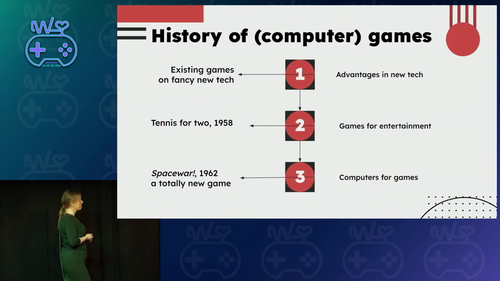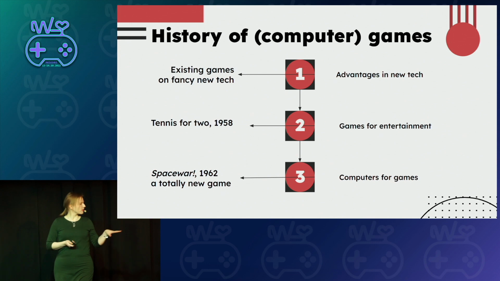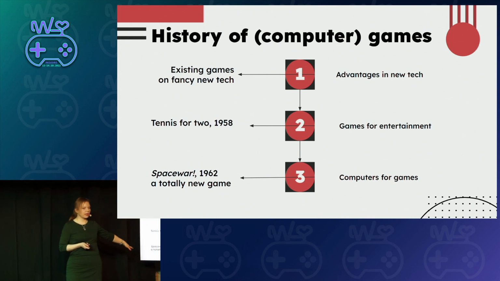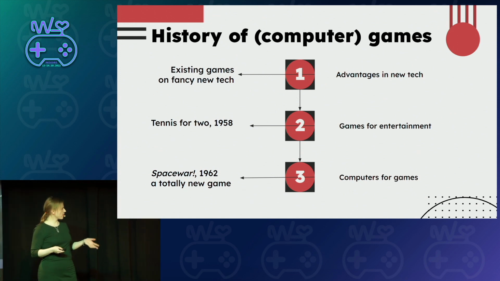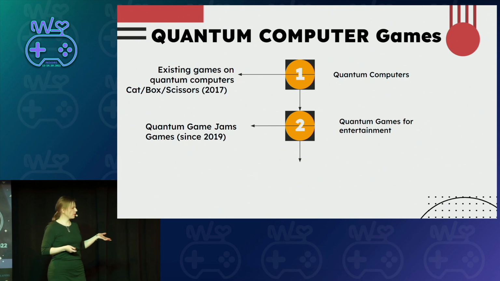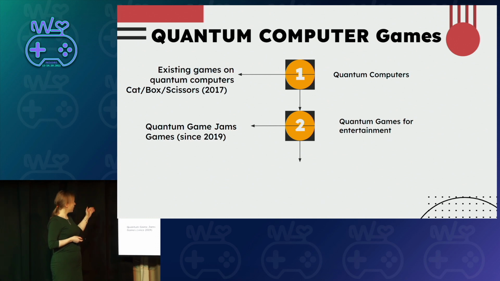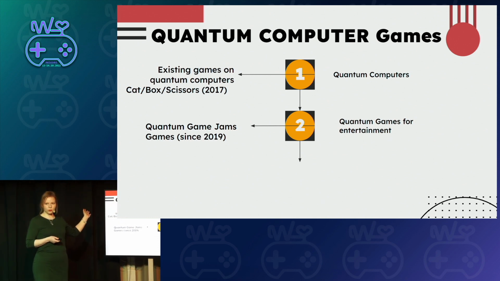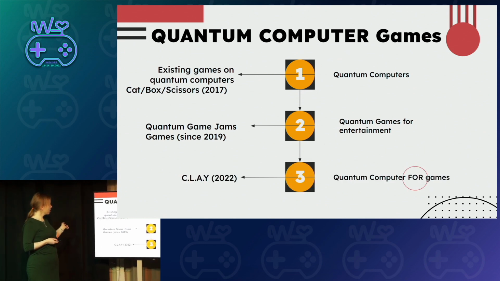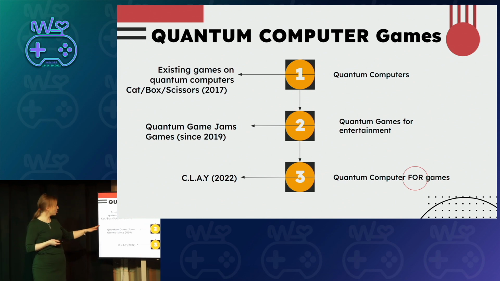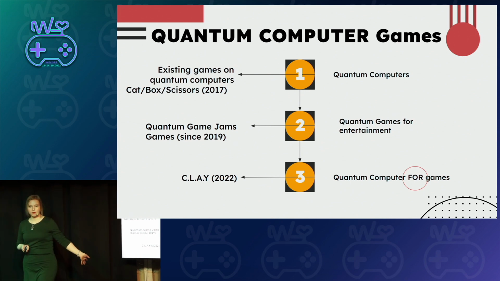But if we look again to the history of computer games themselves, the third step was computers giving something for games. What would this be in terms of quantum computer games? So we have games on the existing quantum hardware. We have had quantum game jams that use these technologies. But what would be this step? What would quantum computers give for games? One such particular example would be the game Clay from Mytel, again,